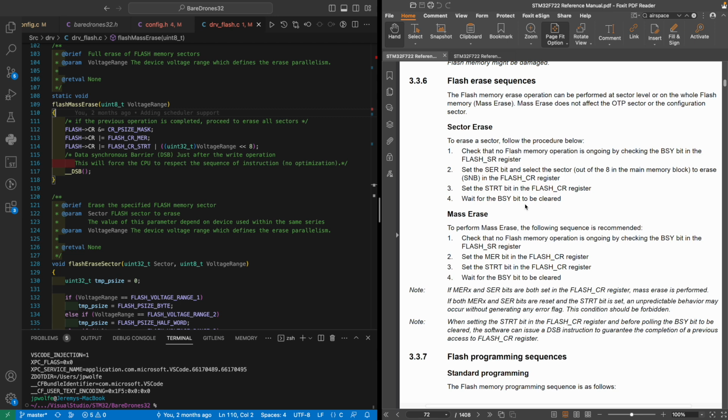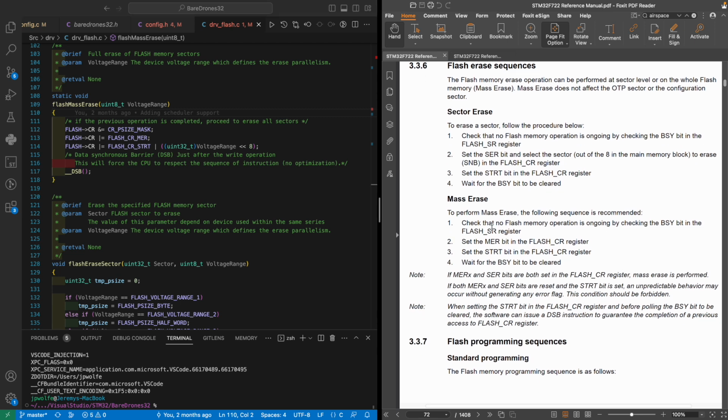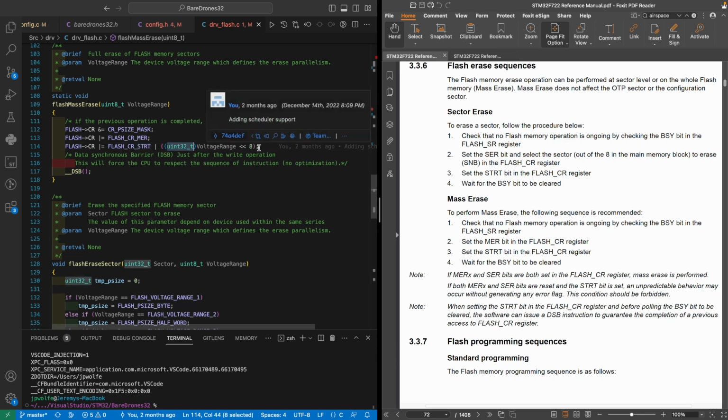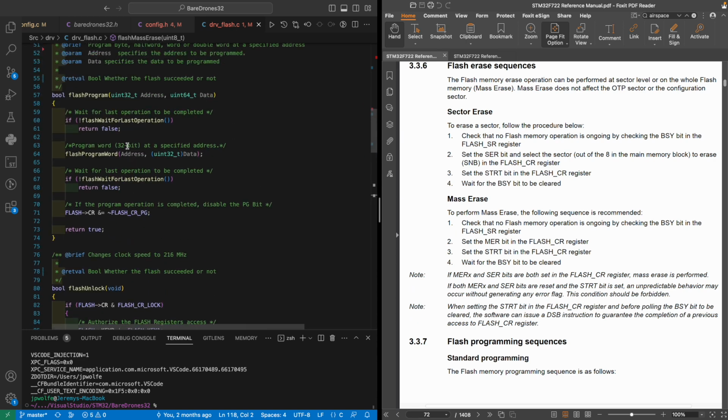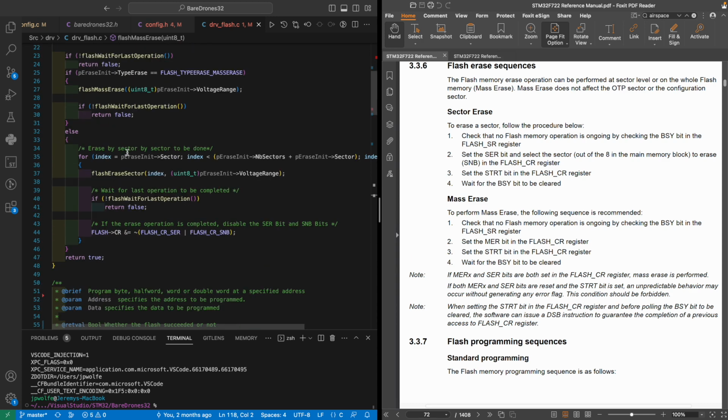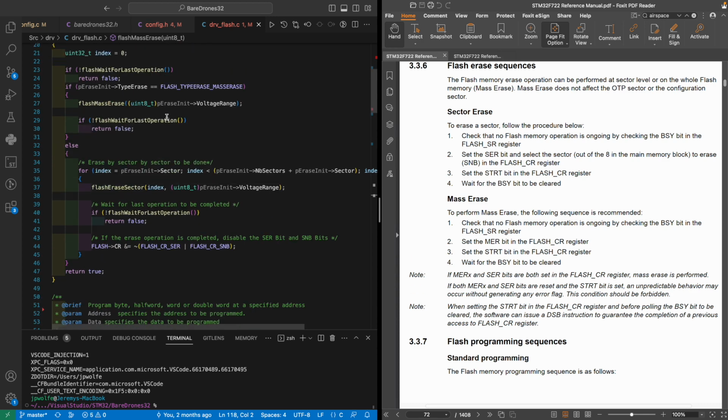And then you can see over here on the right, in the reference manual, it's going to show you exactly how to do it. Check that there's no operation ongoing. We already did that above. Set the MER bit, the mass erase bit, then set the start bit to include the voltage range, and then wait for the busy to be cleared. In my case, I don't wait for busy to be cleared, but it still works regardless. Sorry, actually, I do wait for it to be cleared. That's my bad. Up here, after we do the mass erase, we wait for the last operation,